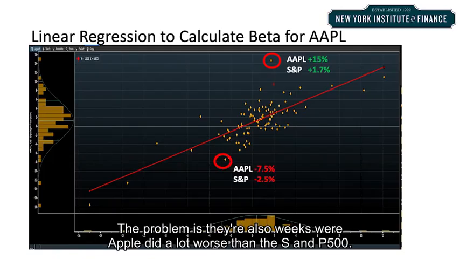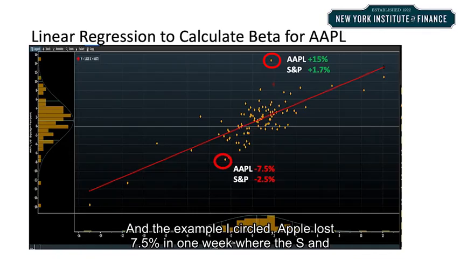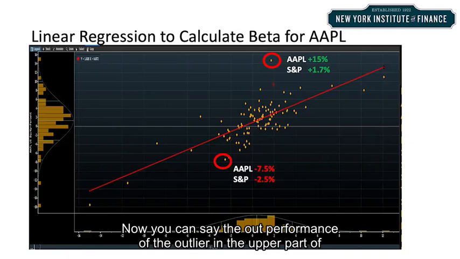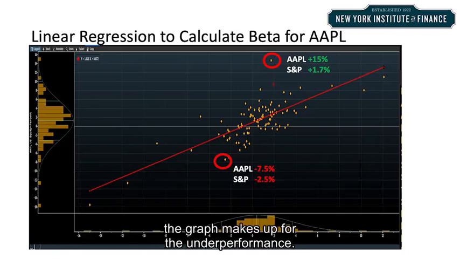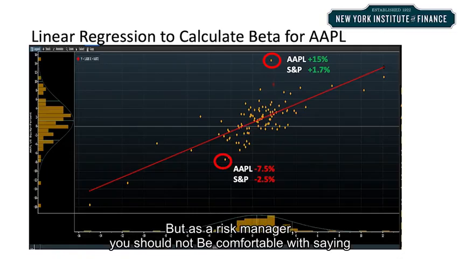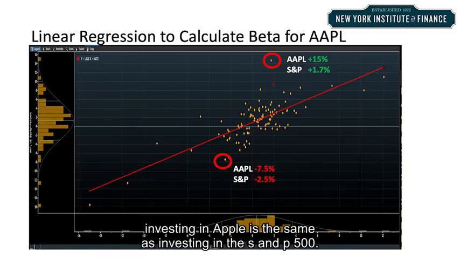The problem is there are also weeks where Apple did a lot worse than the S&P 500. In the example I've circled, Apple lost 7.5% in 1 week, where the S&P 500 was only down by 2.5%. Now you can say the outperformance of the outlier in the upper part of the graph makes up for the underperformance in the lower part of the graph. It actually more than makes up for it. But as a risk manager, you should not be comfortable with saying investing in Apple is the same as investing